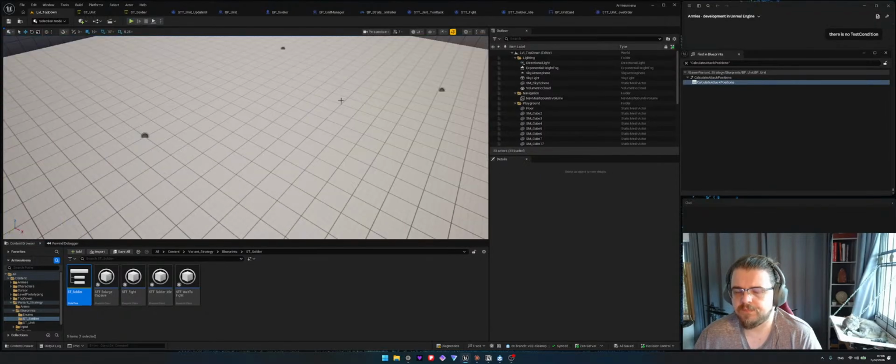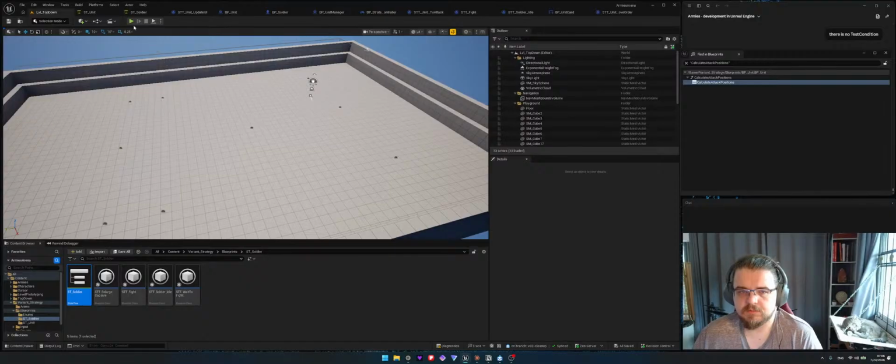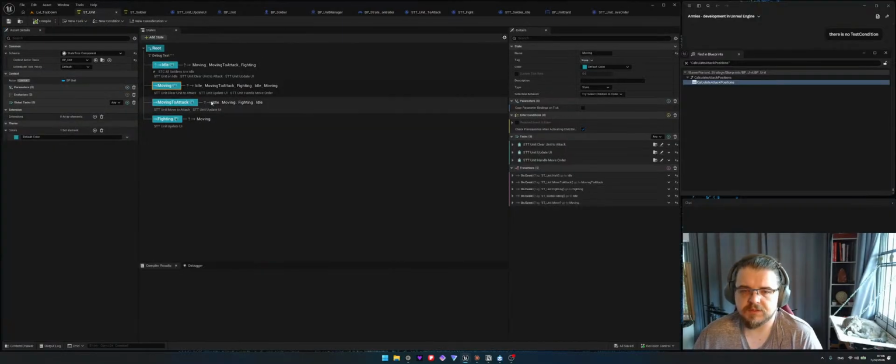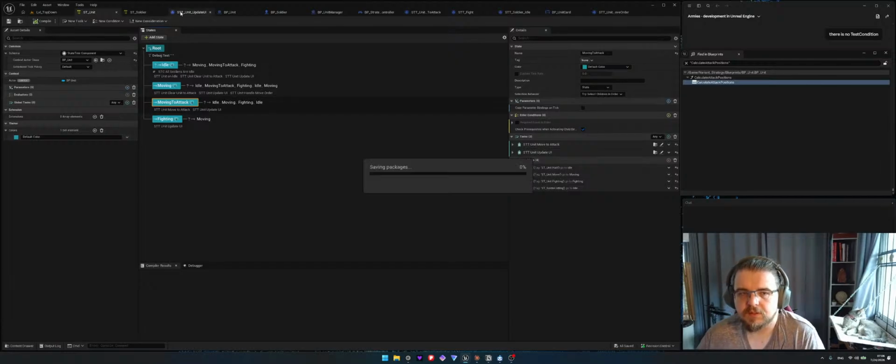Yeah, okay. So it does work. It does work, which is nice. I just had to make sure that I can go from moving to moving. I didn't think it would be necessary, but